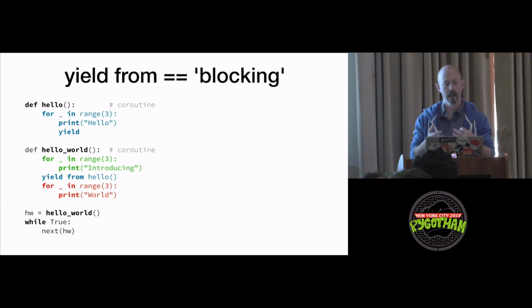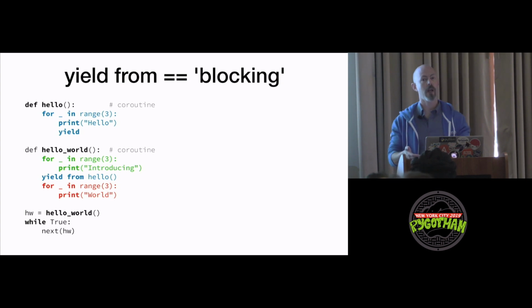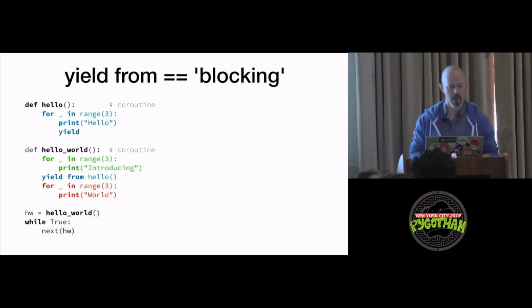So the coroutine hello world, which calls hello in the middle, while it continues to just be yielded to, it won't move on to the code that I've highlighted in red here. So the red code won't get executed until the hello coroutine returns. So yielding is essentially a blocking move, and returning is then saying you're finished, and the coroutine can be kind